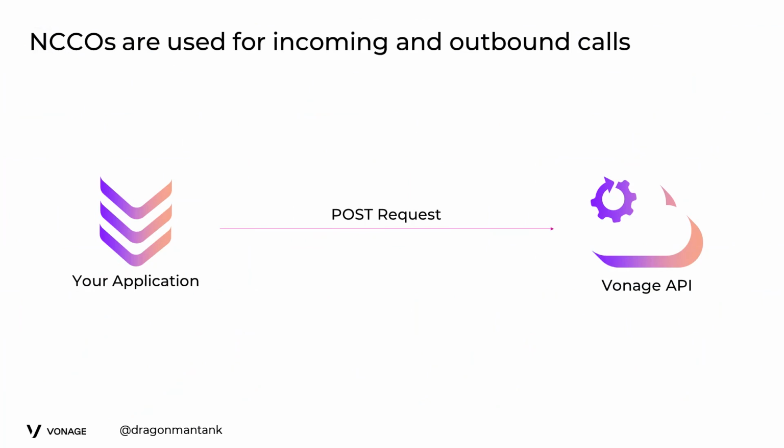And one thing I think it's important to realize with making incoming and outbound calls is how it actually works. If you're making an outbound call, it's pretty easy. You're going to send a request to our API. We handle that. Generally, you send the NCCO set as a list of things you want to do, and then kind of go from there.